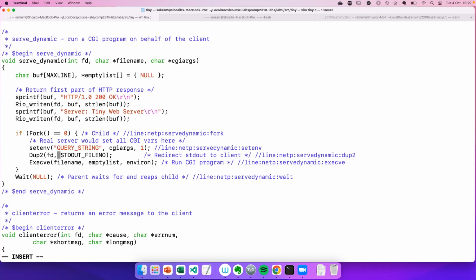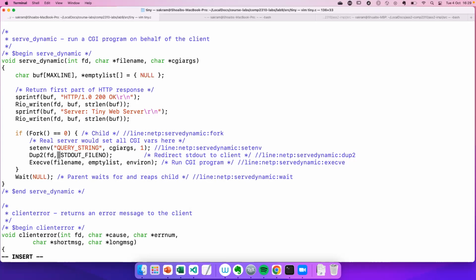And if you recall those lectures, the way the kernel manages these data structures, once you call dup2 like this, instead of the output going to standard out, it will go to FD. So FD will become standard out. Sorry, other way around. Standard out will become FD. Okay. And when this happens, all the output will go over the network instead of going to the